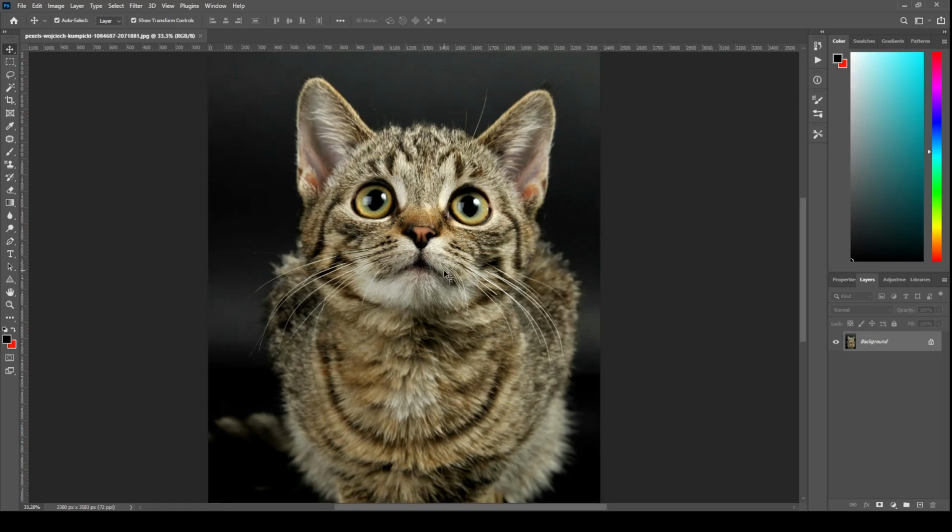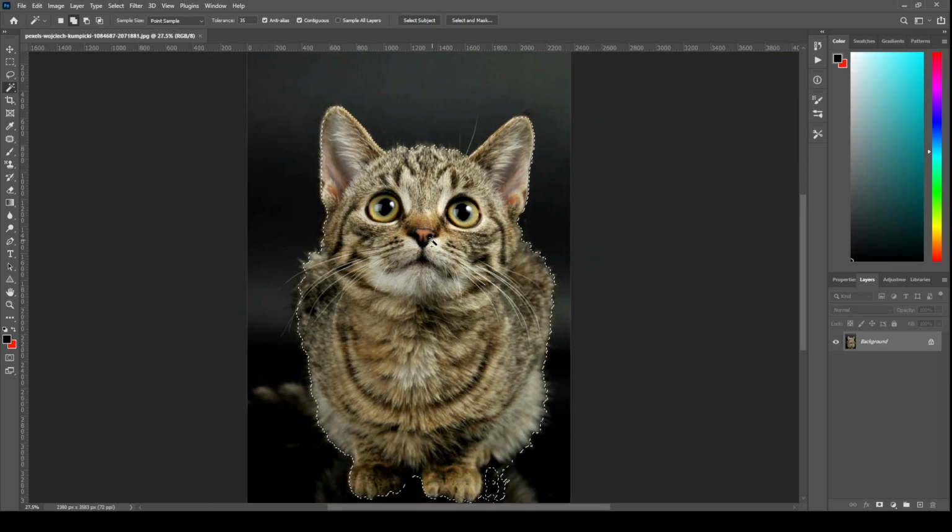The third step involves making a selection of the object you want to keep in focus while changing the background. You can use the Quick Selection tool or the Magic Wand tool located in the toolbar on the left side of the screen. Carefully select the object, ensuring that you capture the edges as precisely as possible. This is crucial because this selection will separate the object from the background, allowing us to make changes without affecting